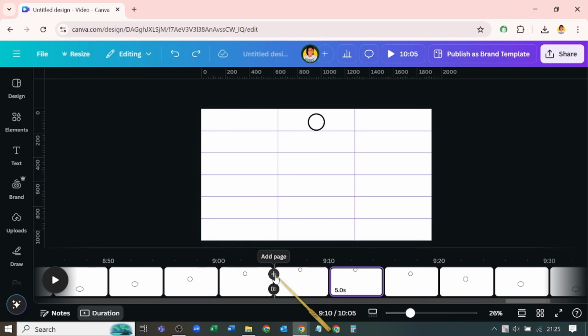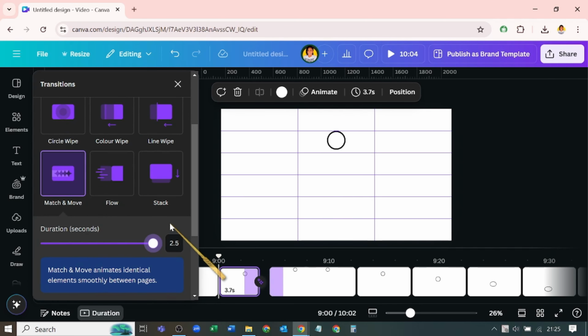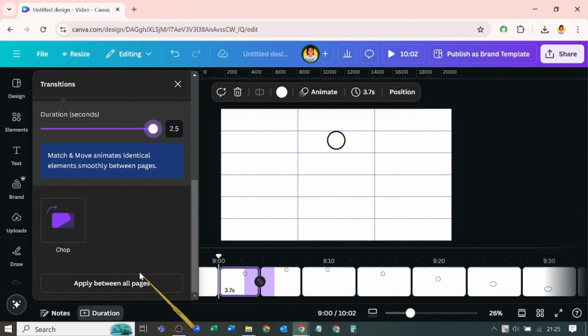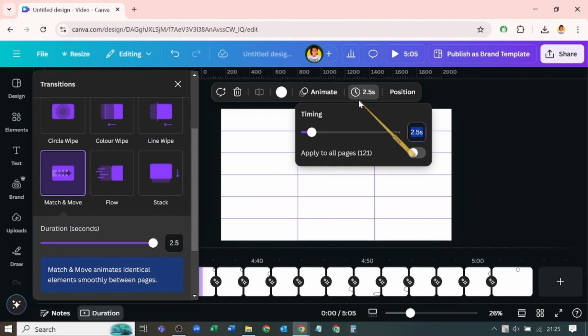Now hover in between any page and click on transition. We'll be using the match and move, and I will take the duration to 2.5 and I will apply to all pages. Now I want to go over to page timing. We'll be reducing that to 0.1. We'll enter. It doesn't quite respond when you do it the first time, so you might need to continuously do it until you get your 0.1